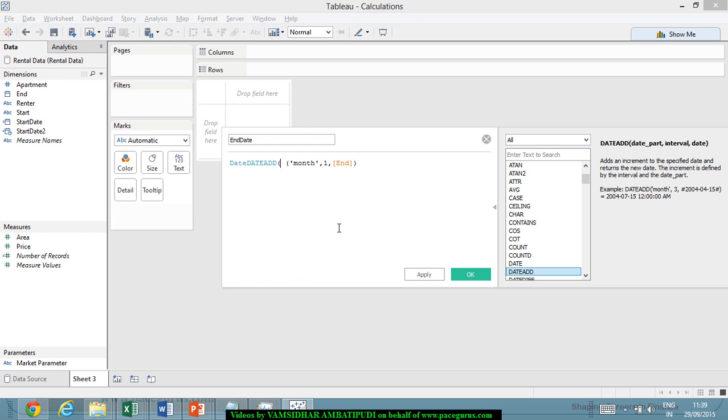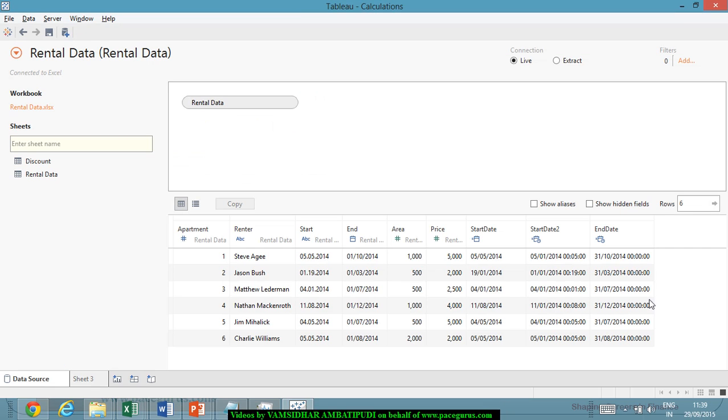So in this date add, what is that I am looking at? I want to subtract 1 day. So I'll say day. Because I want to subtract a day, it's like adding minus 1 day to this particular date that got created. So this is the updated formula. Okay, I don't want date here, I want a date add. So this is the formula that we have created, and when I say apply, now I get a new